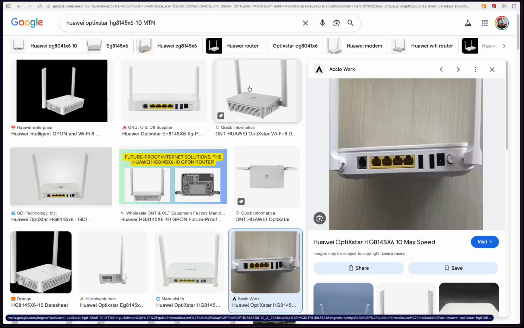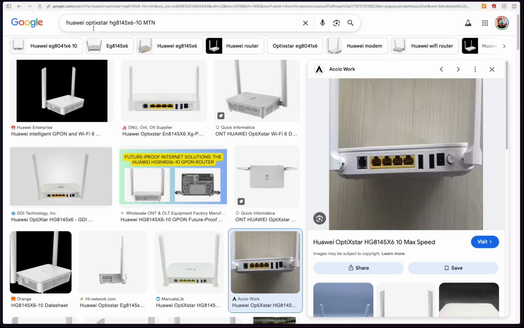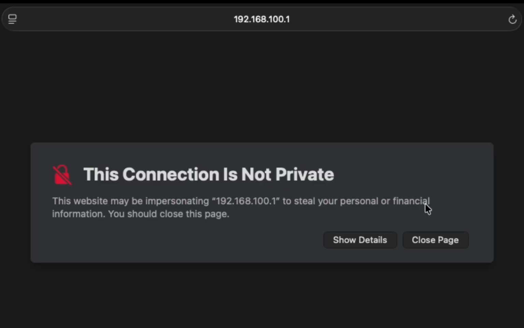Now, the very first thing you want to do if you like to troubleshoot your MTN fiber is to connect to the device. You can connect via LAN, you can connect via Wi-Fi, anyone is fine. Make sure you're connected to the fiber device. Once you're connected to the fiber device, I need you to go to this website. The website is